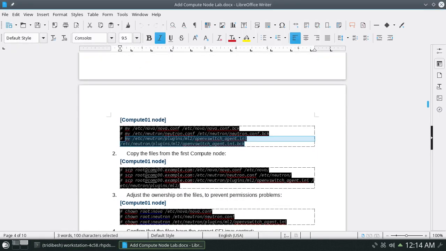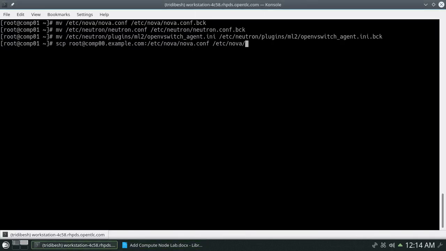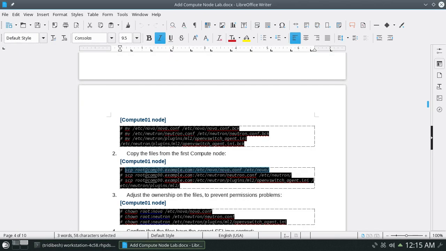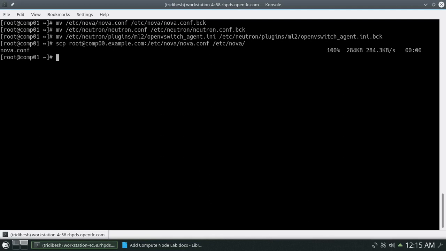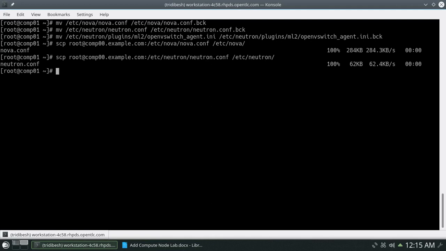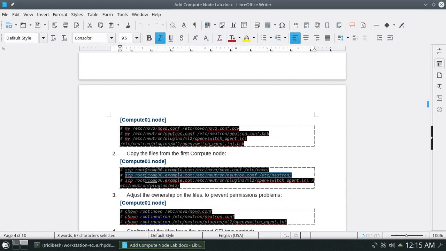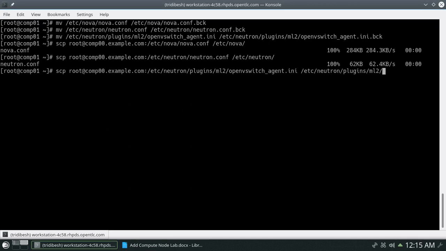Now we will be copying these files back from our compute 00 node, the existing compute node. So it's been copied. Now copy the Neutron file also, and copy the Open vSwitch configuration file. All these three files have been copied.